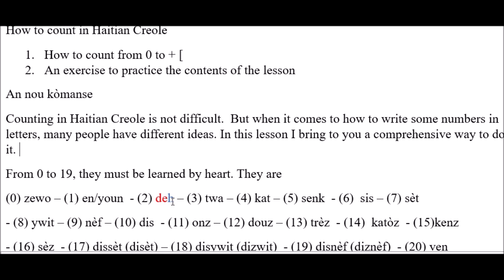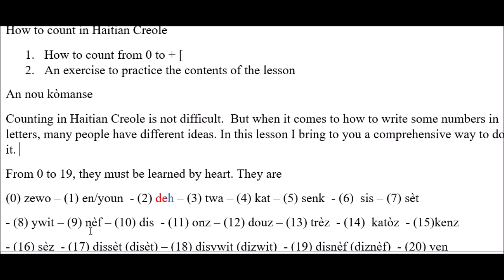So in order to avoid this confusion when you are a learner learning the language, I teach you this: when you want to write deux in letters alone, you have to write it like this, okay? D-A-H, okay? Deux, trois, quatre, 5, 6, 7,